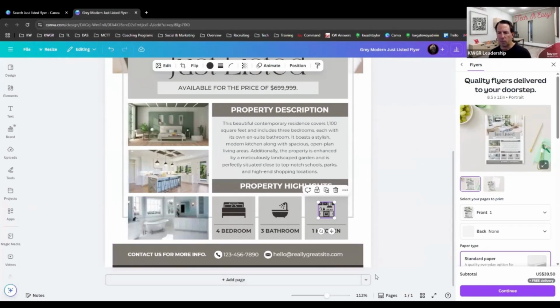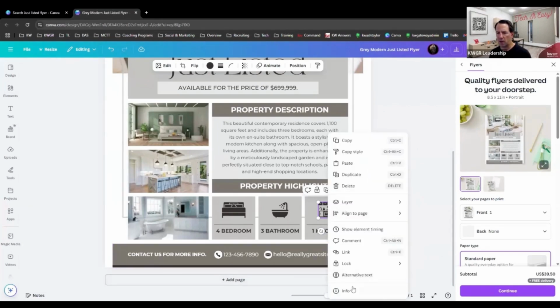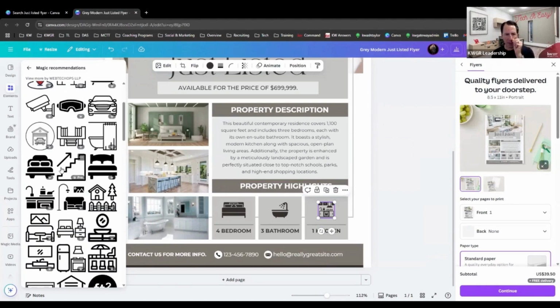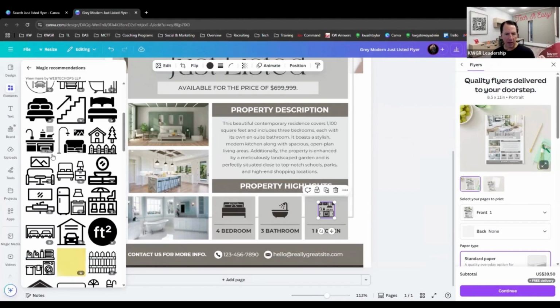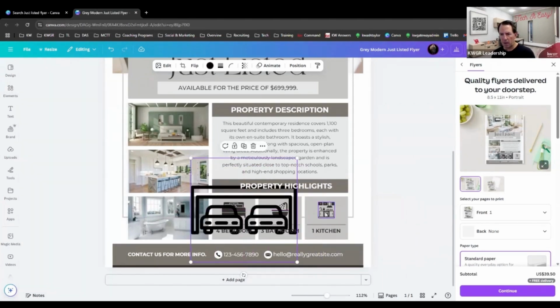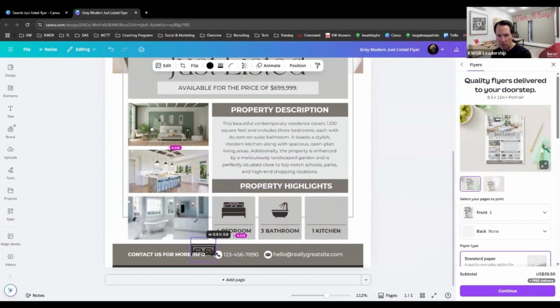So now I could say, oh, where did you go? Come back. See more like this. There we go. So now I could say, okay, I don't really want to highlight one kitchen. That's not really something that I want to highlight. What's something else with this house that I might want to highlight? And I can just say, maybe I'll take this one and put this one in instead. So I'm going to take out the kitchen and I'm going to